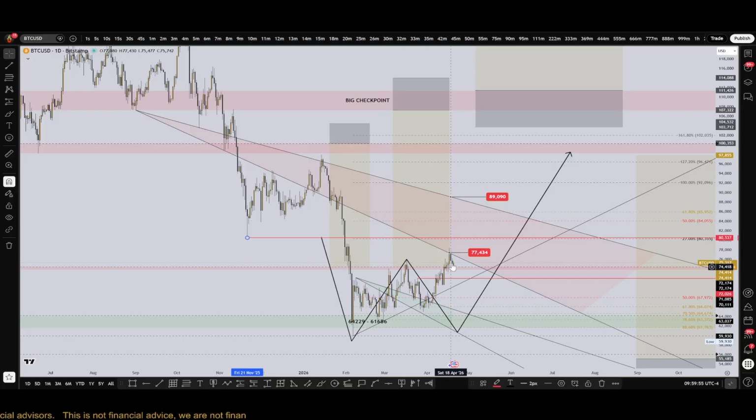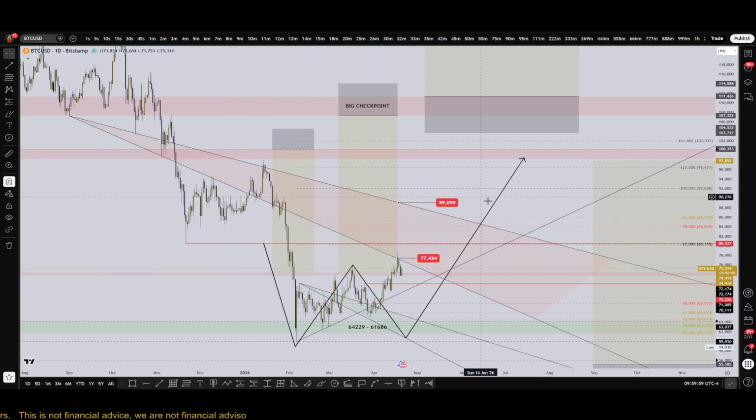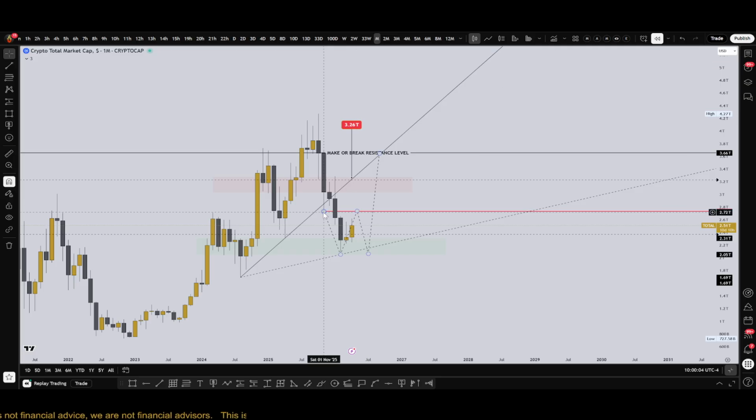Because if we do manage to push up, this is likely to be that level from where we could potentially see a rejection. It's the same exact level, guys, that I'm depicting right here. So I see quite a bit of confluence here as to why we may potentially see some resistance up ahead of us. So you could even treat this analysis, guys,